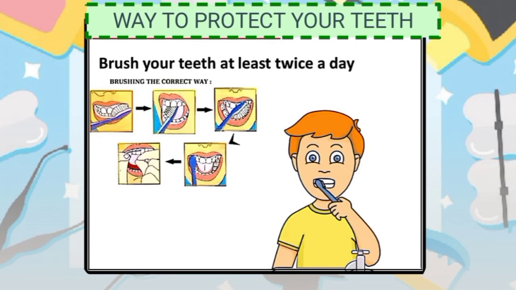Brush your teeth at least twice a day, once in the morning and once before going to bed. Use an up and down motion to brush teeth. Brush the top teeth downwards and the bottom teeth upward. Brush the back of the teeth. Brush the flat surface of premolars and molars. Use a tongue cleaner to clean the tongue.